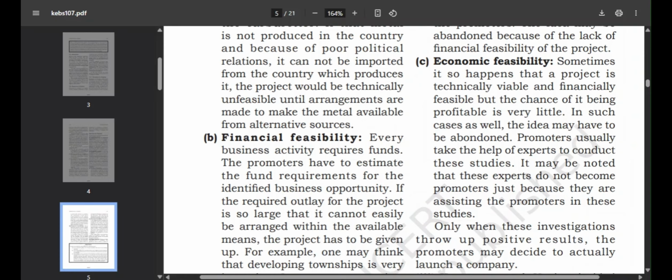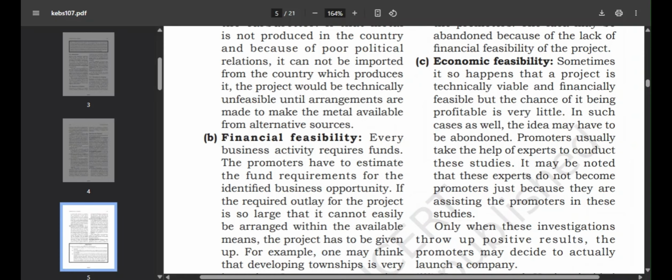But you should know that a promoter is not an expert. He or she is just, you can say, an agent. But you need an expert also. So promoters take the help of experts